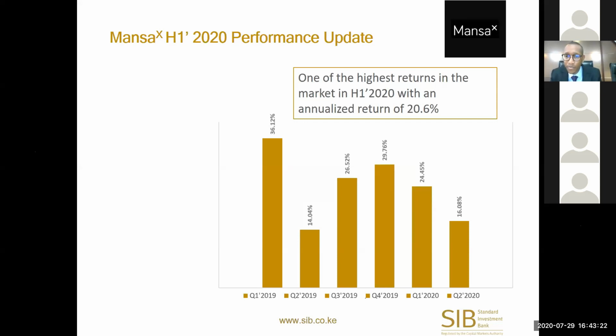This year, for example, we started off with a high return of 24.45, almost 24.5. The second quarter, due to obvious reasons from COVID to global tensions, we had a lower return. We expect quarter 3 most likely will give you a higher return, and this is a sort of experience that our investors will experience in Mansa X. However, it's a much more honest representation of how markets work, as well as a representation of the fact that we also protect the downside, because as you can see, we've not had any negative quarter since inception.